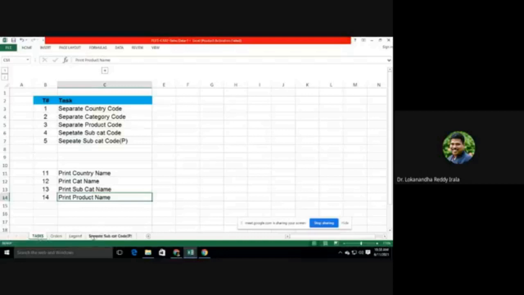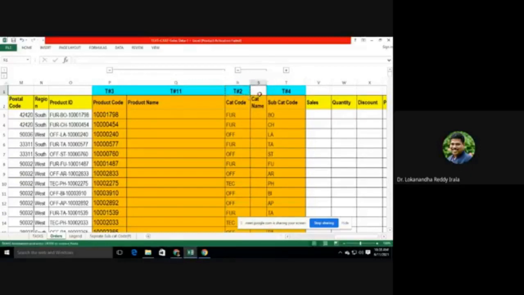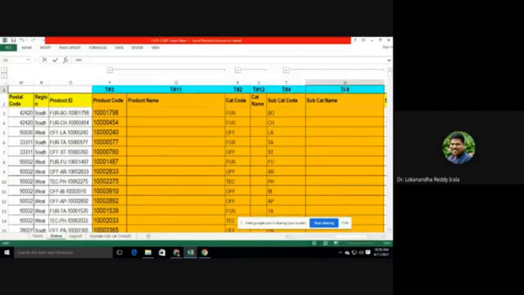Print the category name, subcategory name, product name. Print the category name. This is your 13.